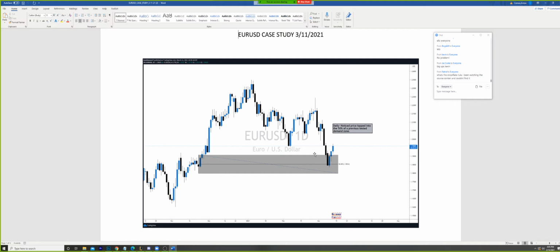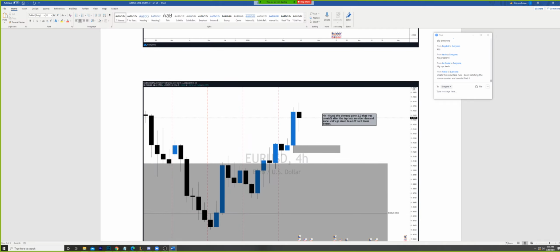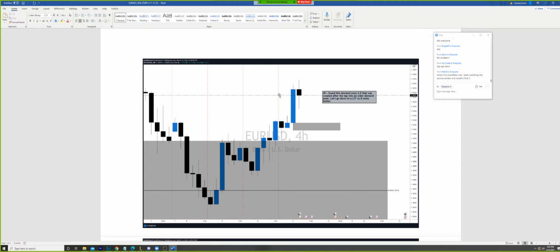And now let's see how he executed that bias specifically, okay? So as he drops down to the lower time frames, we can easily see that we have the last down move from this high to this high. Again, remember, you always want to look at every market almost the same way.